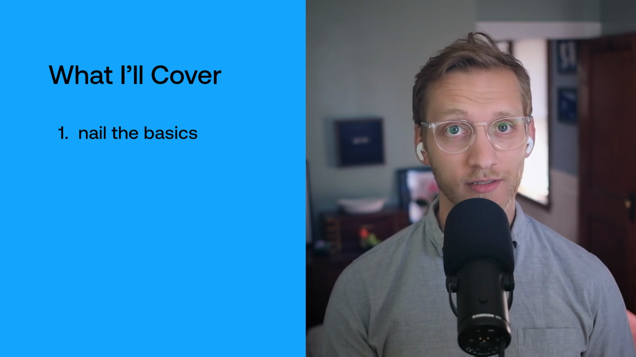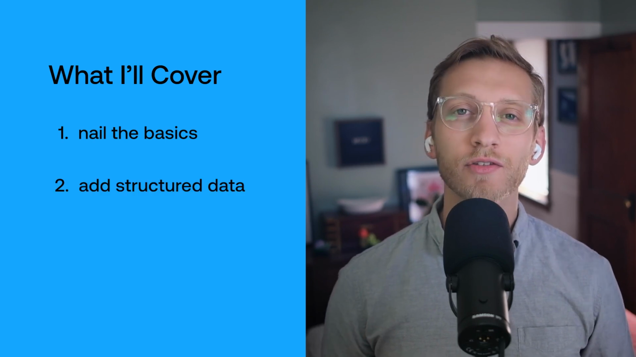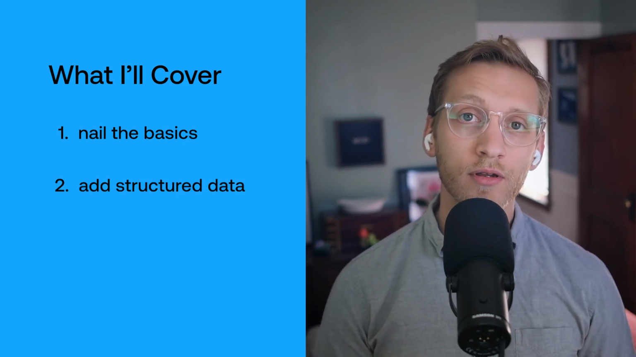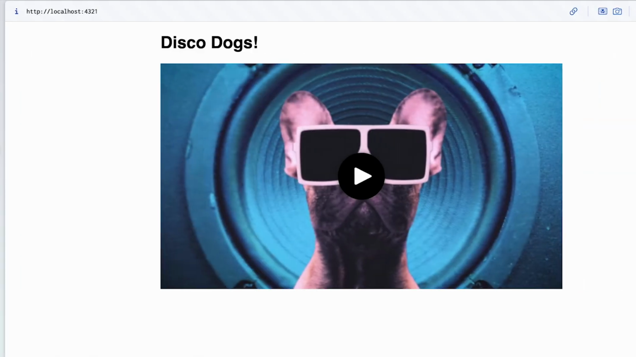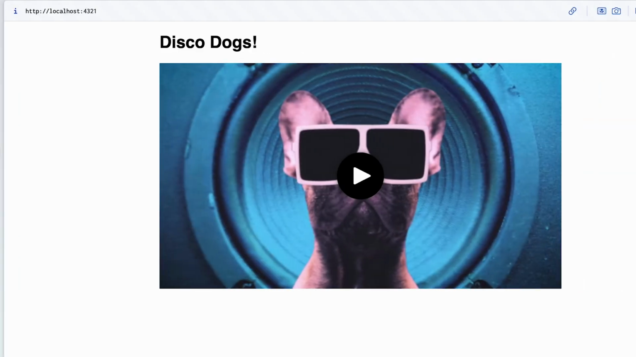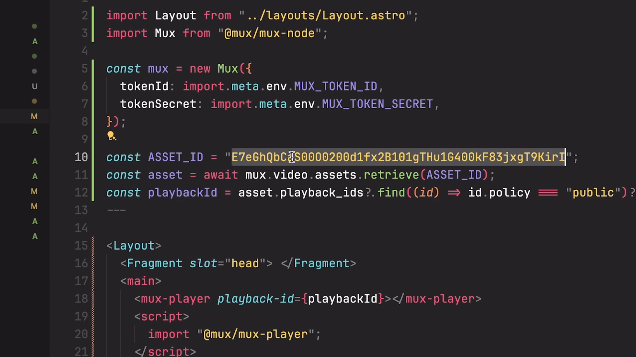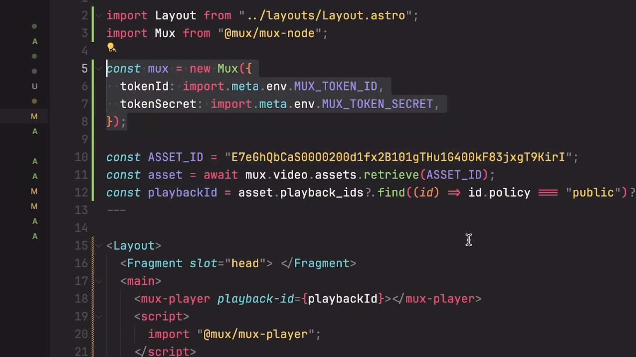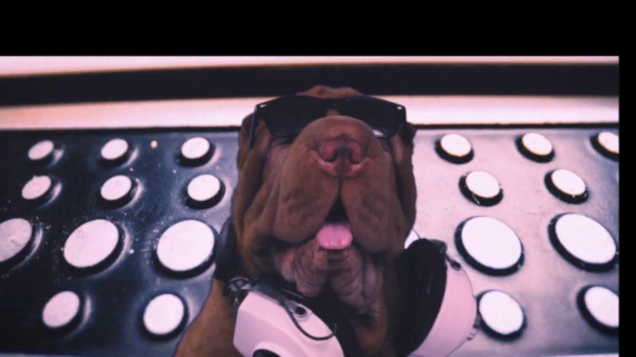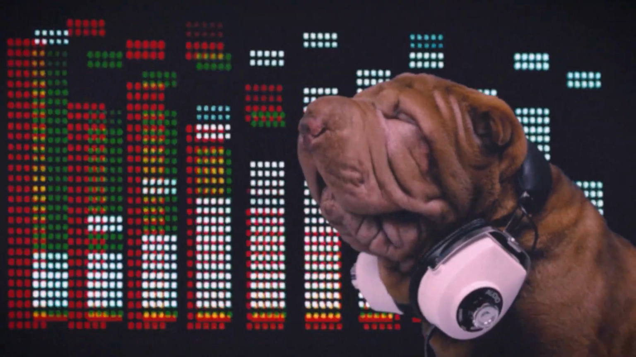First, nail the basics. Second, add structured data. Third, see if it worked. Here I have a web page with one of my favorite videos. Google needs to know what this web page is about. So I've built this basic page in Astro. It takes an asset ID, looks up the playback ID using the Mux client, and then uses the Mux player to play that video. Right now, Google knows nothing about this video, so we need to tell it using good